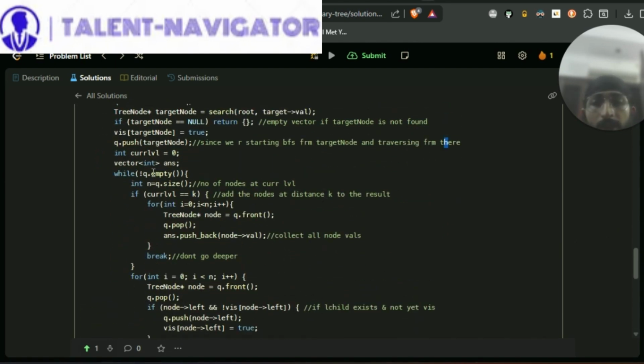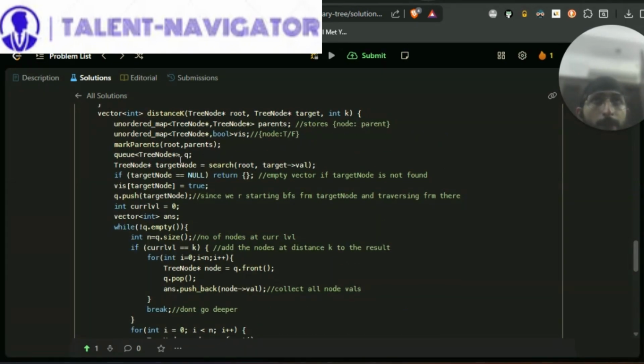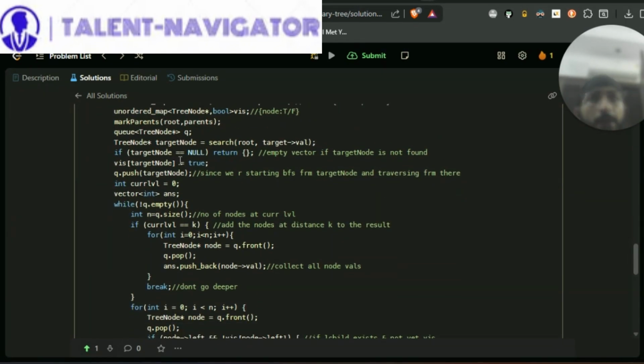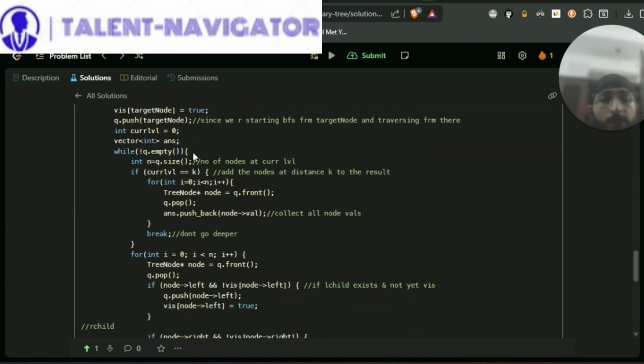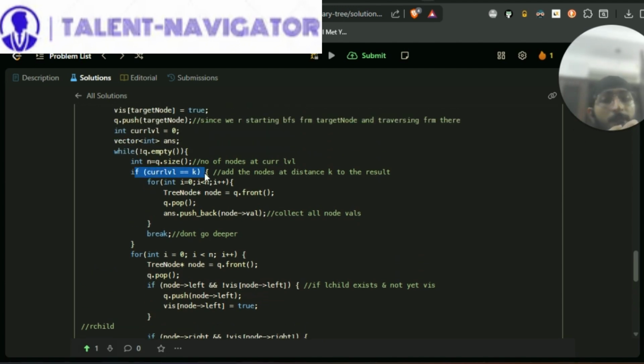Now here is the main function, that is we mark current level as 0 and an answer vector, in which we'll store our final answer, that is all the nodes that are at distance k from the target node, right? So standard BFS approach, we apply that while the queue is not empty, n is equal to q dot size, where n is the number of nodes at that current level, and we check if the current level has become equal to k, that is now we have reached the distance equal to k, that is from the target node we have reached